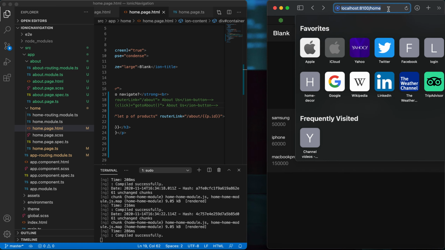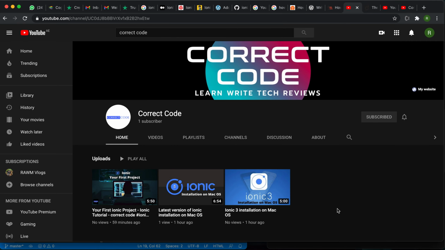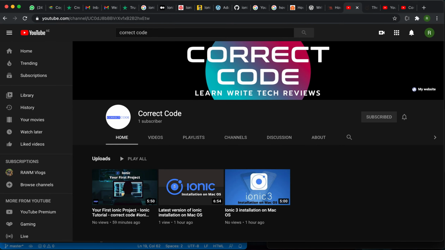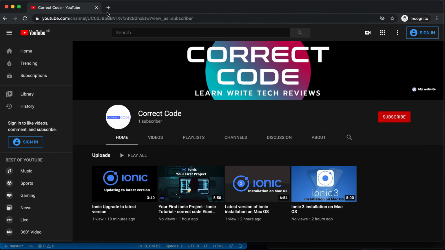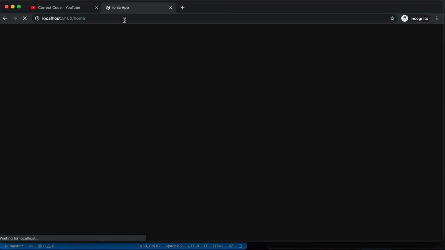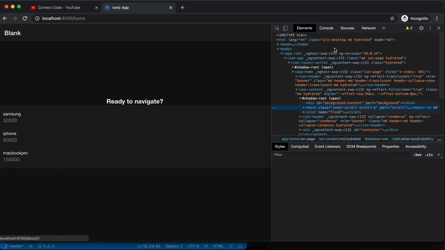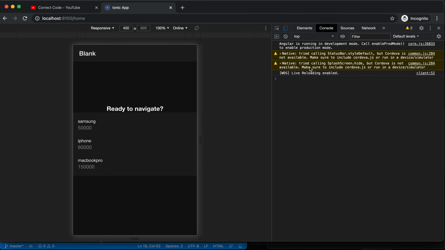Let's open this and inspect, and we can see in the console what the issue is.